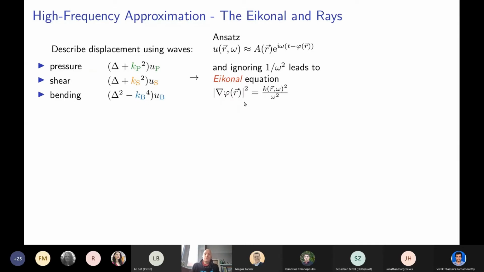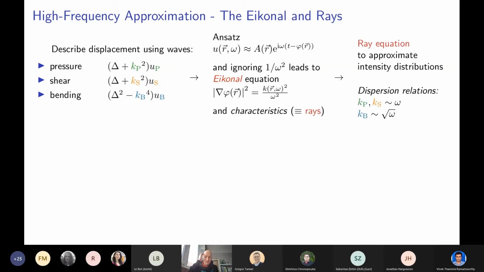And first-order partial differential equations have the big advantage that they can be solved almost in general, at least from a theoretical point of view, by using what is called the method of characteristics. So the geometry of the differential equations has certain simplicities to it, which allow for a common approach to solve them. And these characteristics then basically yield these things we already encountered in Jonathan's talk as rays. So this leads then to ray equations to approximate the wave intensity distribution instead of solving these equations